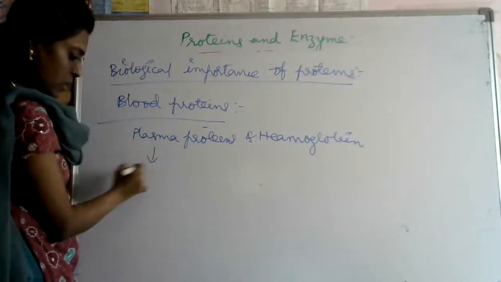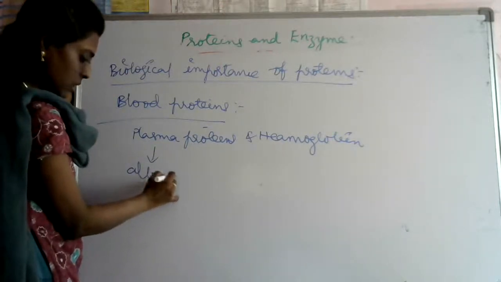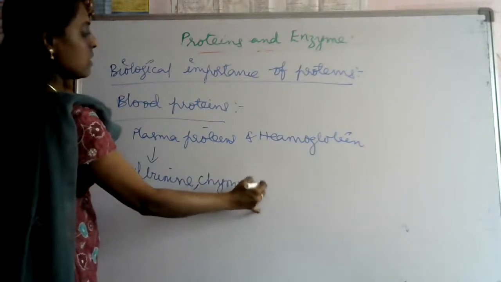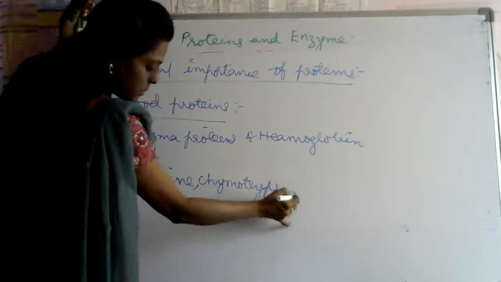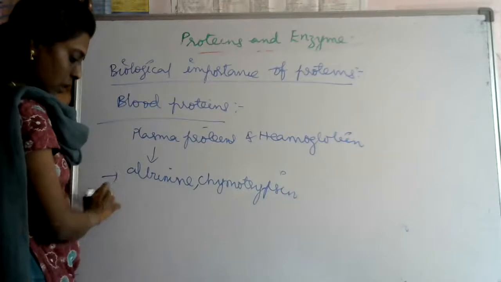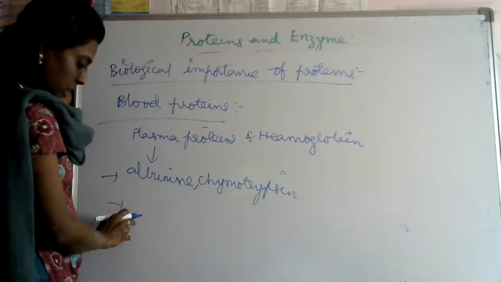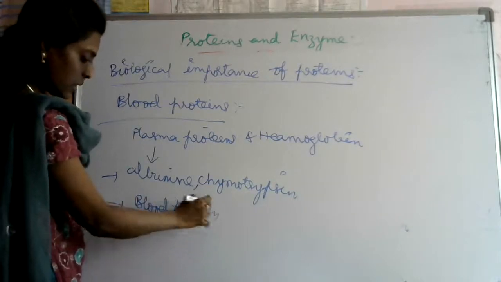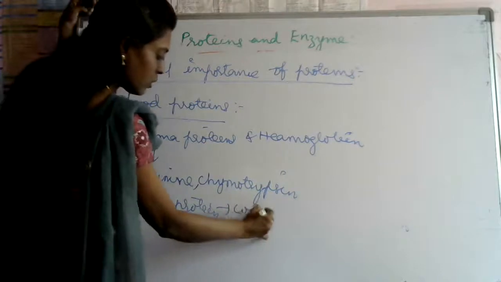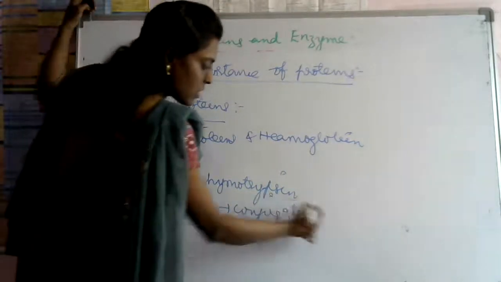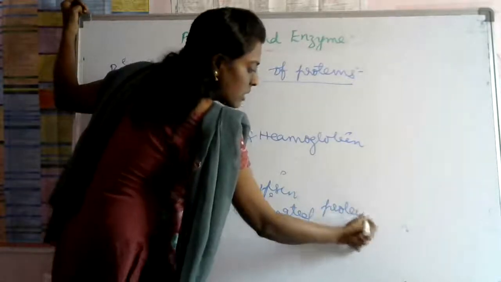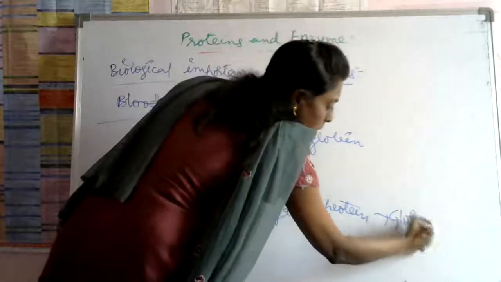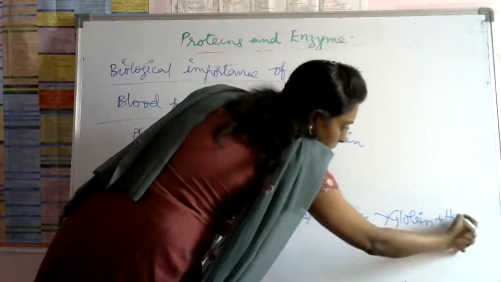Actually, plasma proteins are albumin and chymotrypsin. And blood protein is conjugated, with globin and heme. You know well what blood protein is. This is the conjugated protein. It consists of a globin part and a heme part. Globin plus heme, which is called